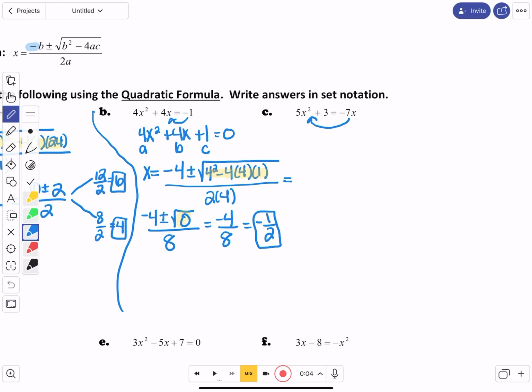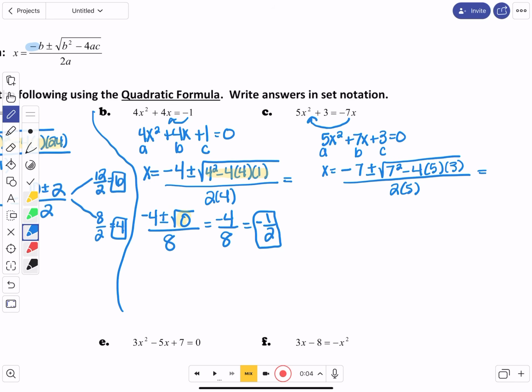Now, this needs to go in the middle here because that's your x. X goes in the middle. So when I write this in standard form, I have 5x squared plus 7x. It was negative on the right, so on the left it's going to be positive, plus 3 equals 0. So here's my A, here's my B, here's my C. So when I plug it in, I've got x equals negative 7 plus or minus the square root of 7 squared minus 4 times A, which is 5, times C, which is 3, all over 2 times A, which is